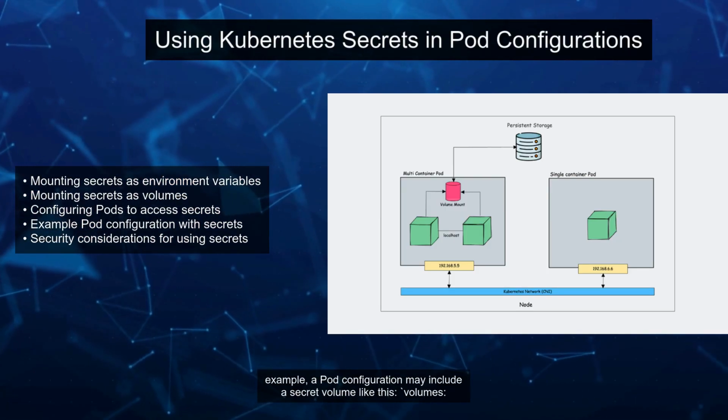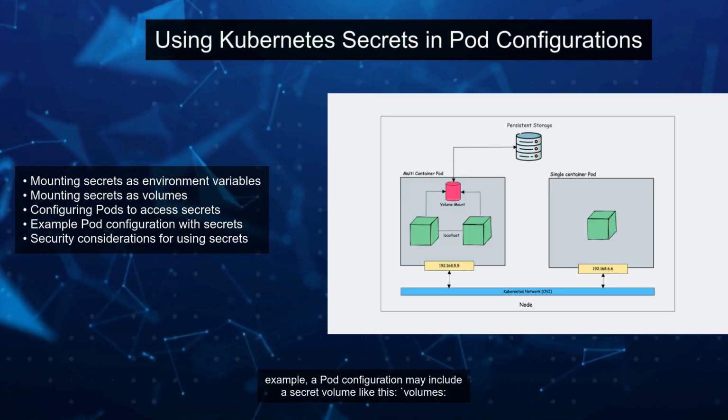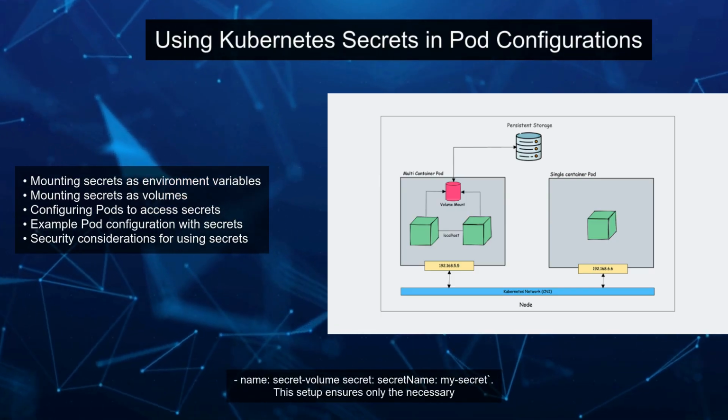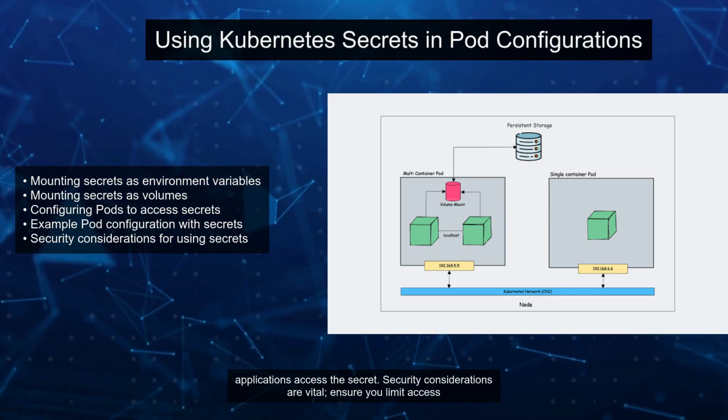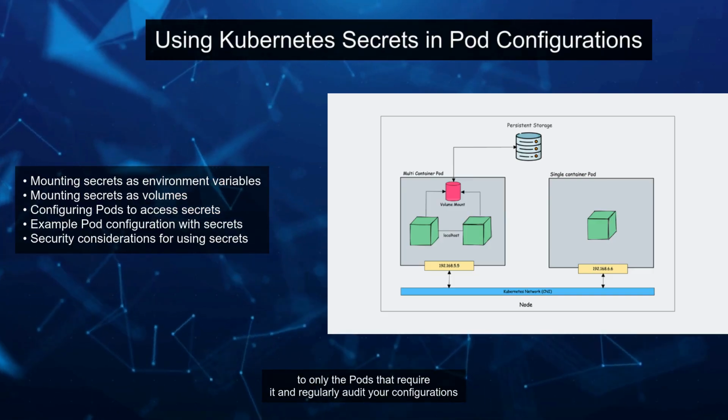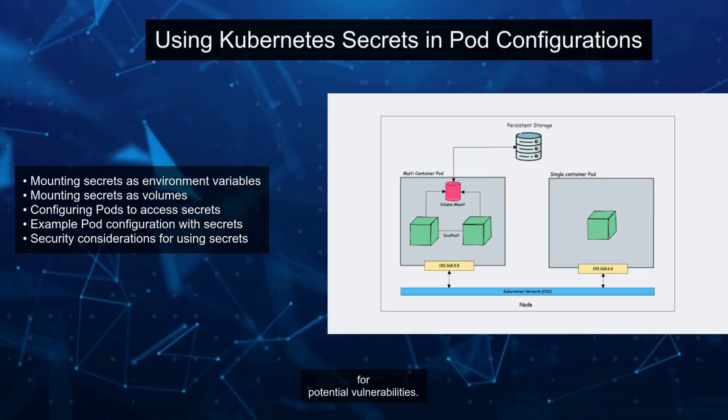For example, a pod configuration may include a secret volume like this: volumes, name, secret-volume, secret, secretName, my-secret. This setup ensures only the necessary applications access the secret. Security considerations are vital. Ensure you limit access to only the pods that require it and regularly audit your configurations